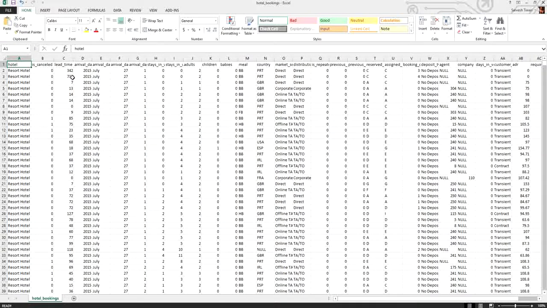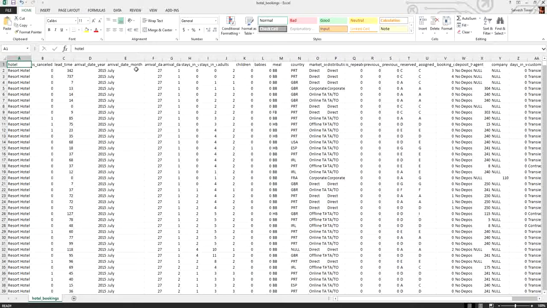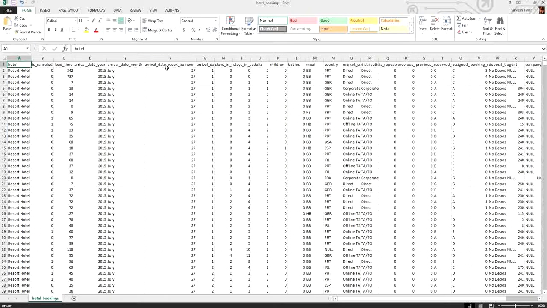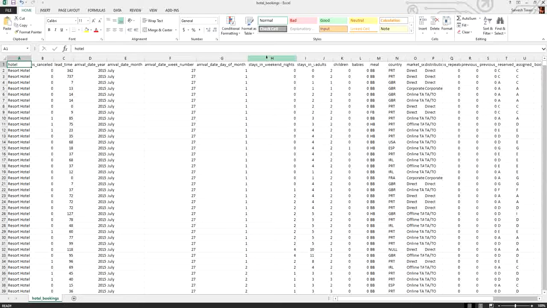Here is the lead time, the arrival date, and this is the month in which the customer has arrived. This is the arrival date week number, on what date the customer has arrived. So day of the month. This is the stays in week nights.